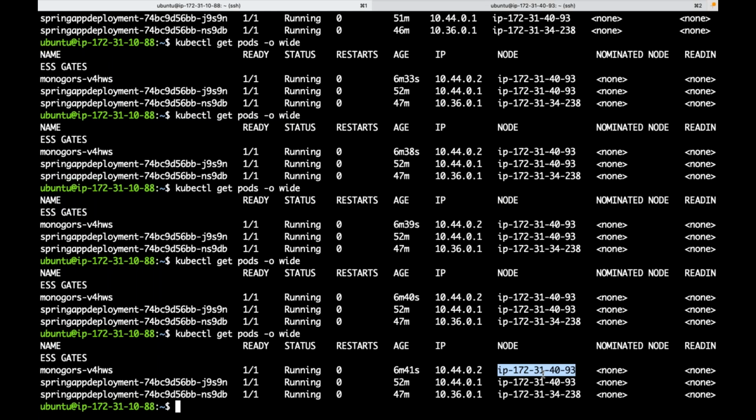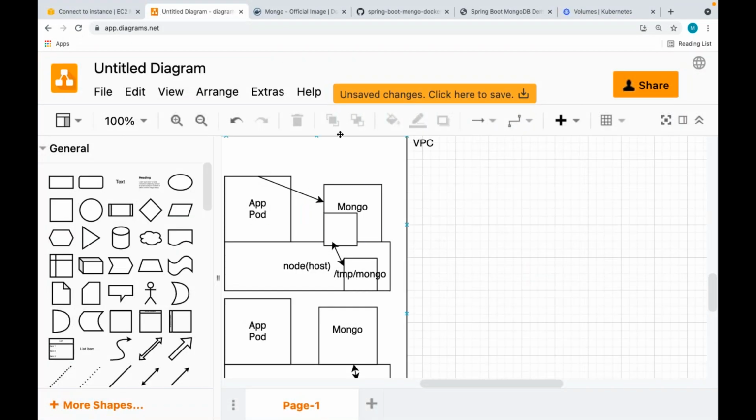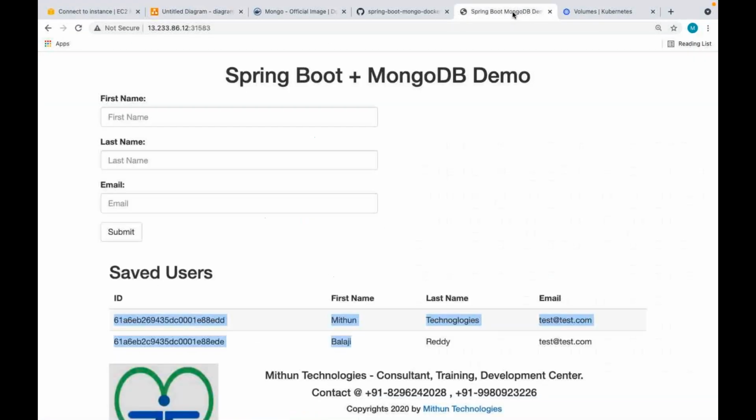But since I'm using a hostPath volume, even though the pod is shifted to another node, do I have the data, whatever data I had earlier? If it is going to shift to another node, can I see this data if I refresh this page after some time?